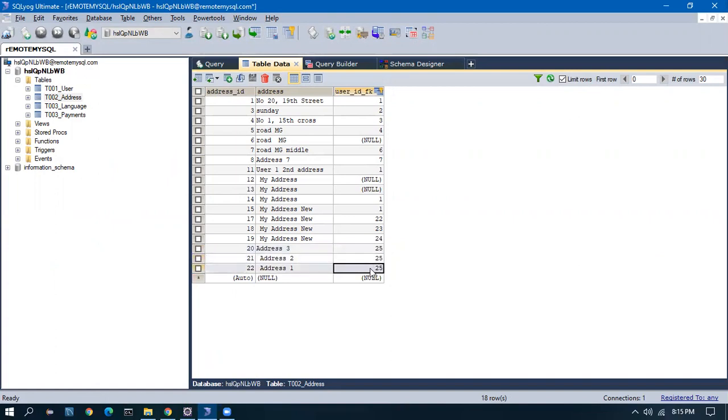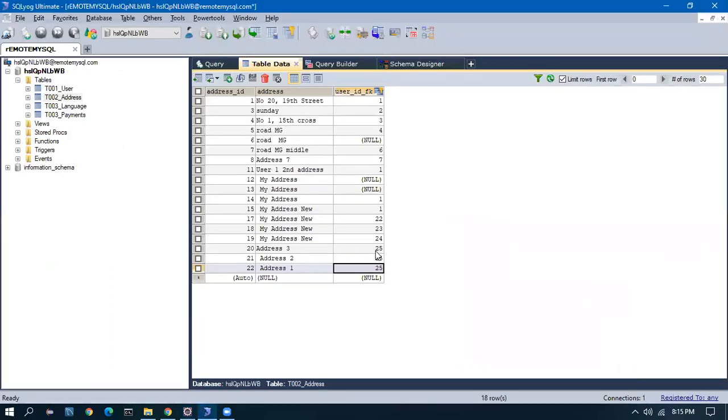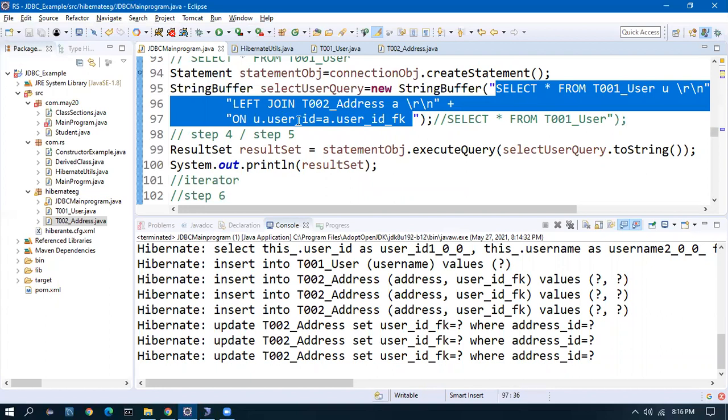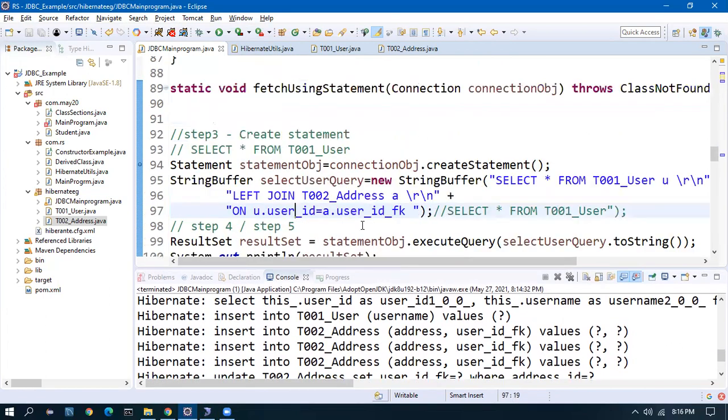So that's a big, tough one. Because I don't know the ID as 25, right? So I have to fetch the latest ID, and then update that ID here. So there will be one select query to fetch the latest user ID. But here everything is eliminated.